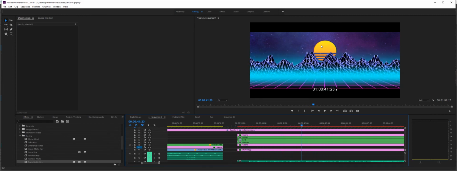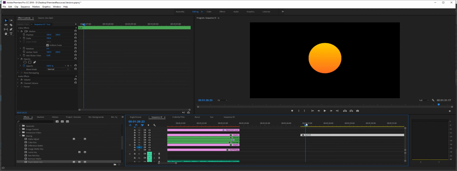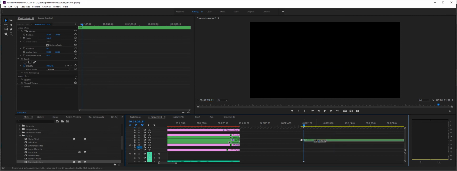So yeah, the only other thing is the chromatic aberration. That was relatively simple. It's the same kind of thing as inside Photoshop. It's just a little bit more involved in here, tiny bit. So what I've got is I've got my sun. So I'll just do it on this graphic here. And inside my effects here, I will come down and I will get that